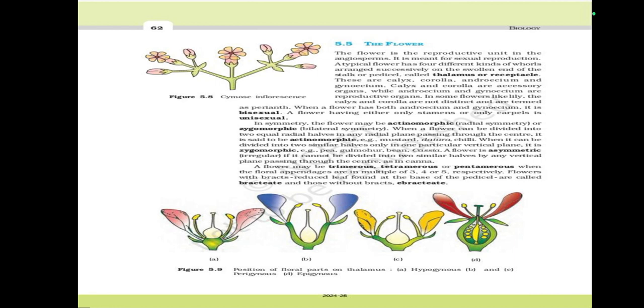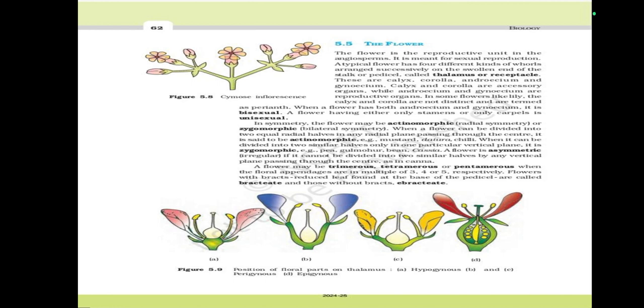The flower may be trimerous, tetramerous, or pentamerous, when the floral appendages are in multiples of 3, 4, and 5 respectively. Flowers with bracts, reduced leaves found at the base of the pedicel, are called bracteate, and those without bracts, ebracteate. Position of floral parts on thalamus: